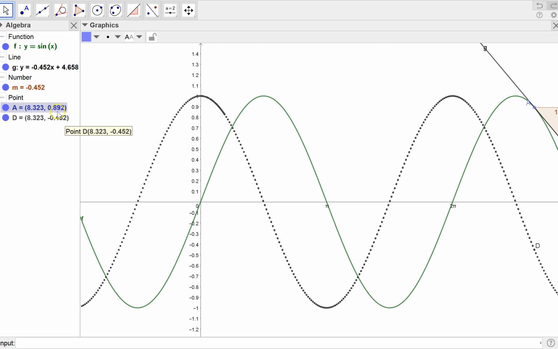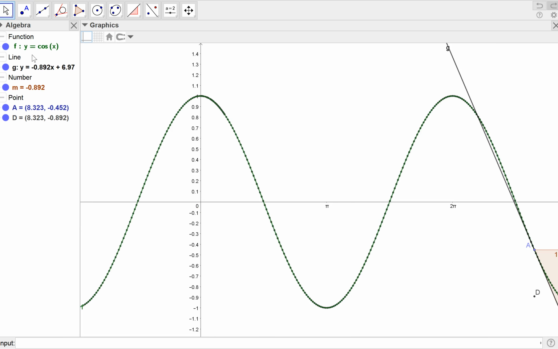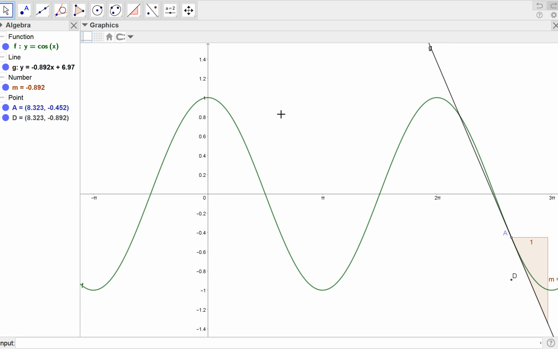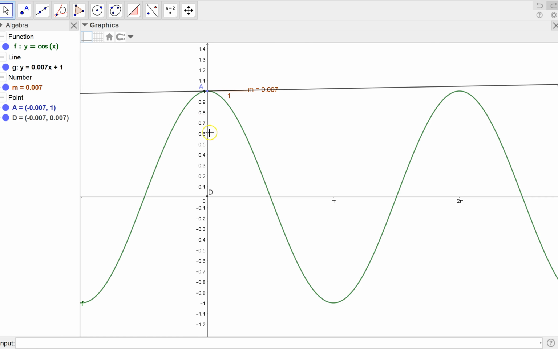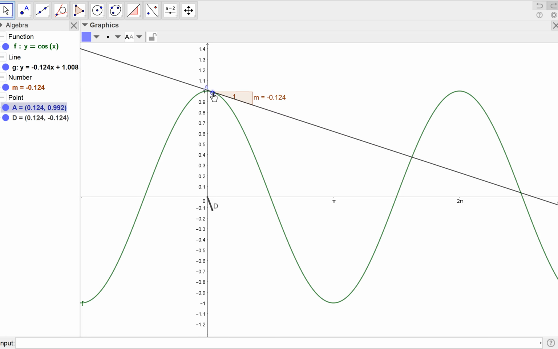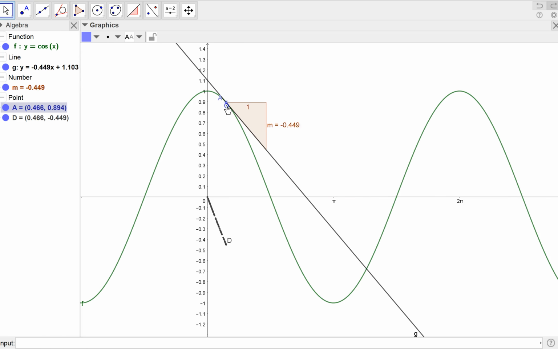Now, I'm just going to change this original function that I had over here from sin x to cos x. And we know that that's the cos x curve, and I'm just going to scroll this out, and we've now got our cosine curve. Move the point A back to where x is 0, and I'm now going to plot and see what happens as I move this point along the cosine curve. What will my derivative look like now? So I drop it down,